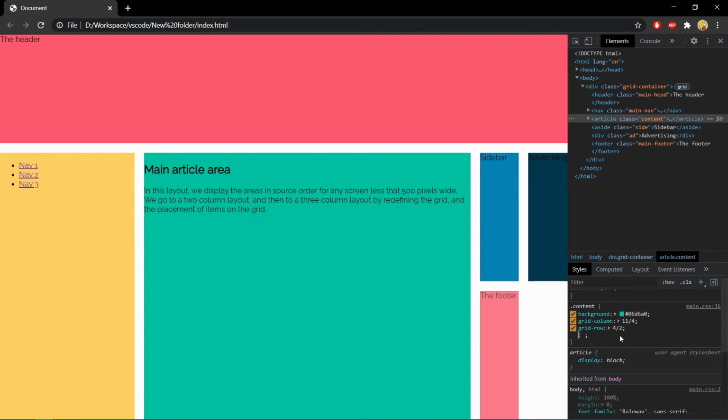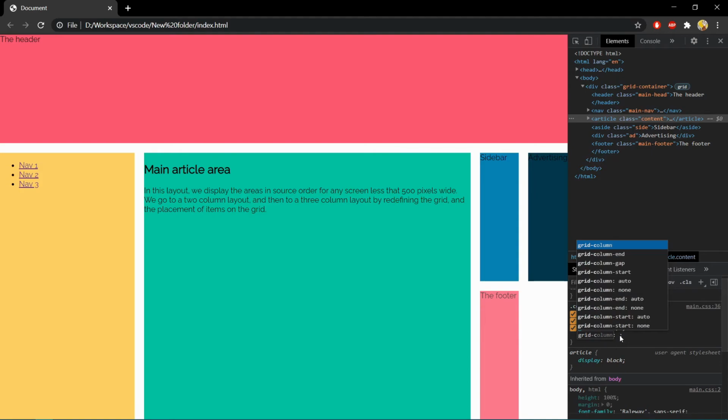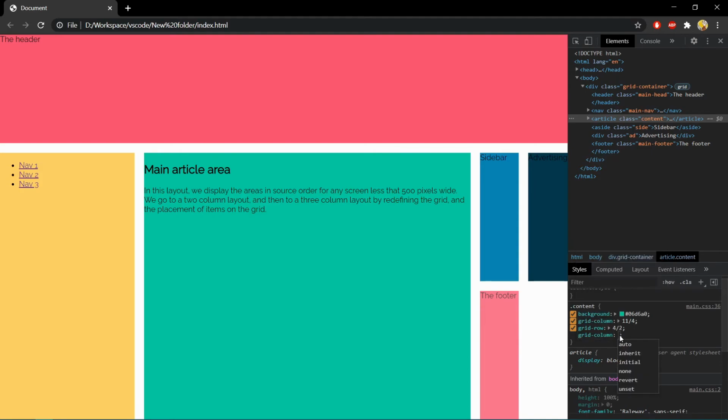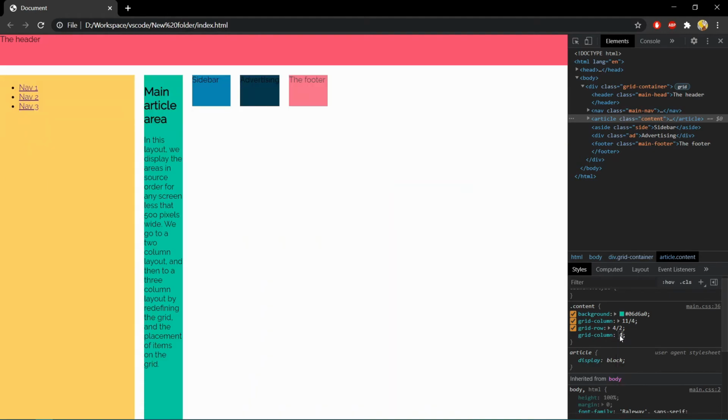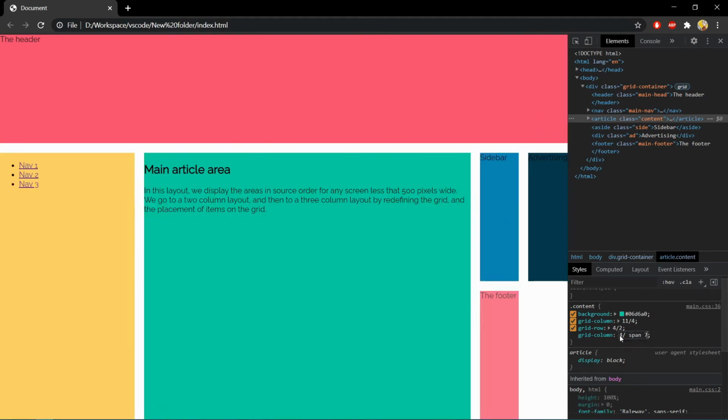There is another shorthand property using which we can directly span the atom. The property will be the same, grid column, and instead of defining the ending line, we will define the starting point, and after that how many columns we want to span that atom, 7. So if I uncheck this, you can see the result is the same. That means it started on the fourth line and we span the next 7 cells.